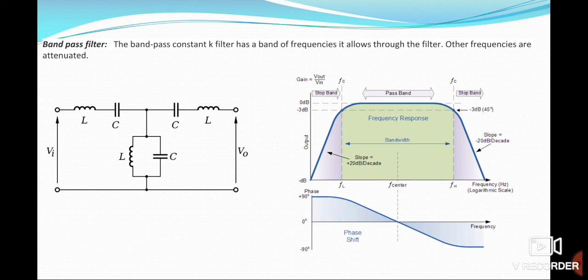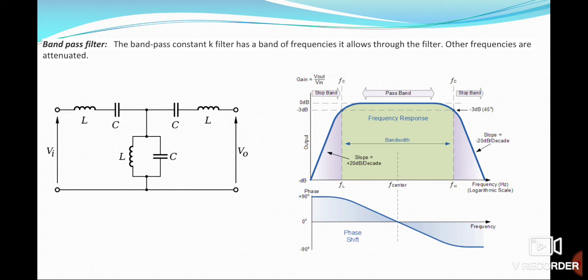On both sides of the pass band, the blue shaded region is representing the stop band. So the stop band is basically rejecting the passage of a selected range of frequencies that we don't want for the filter, and the pass band is allowing the passage of a range of frequencies that we want to use or that is necessary for the given output.